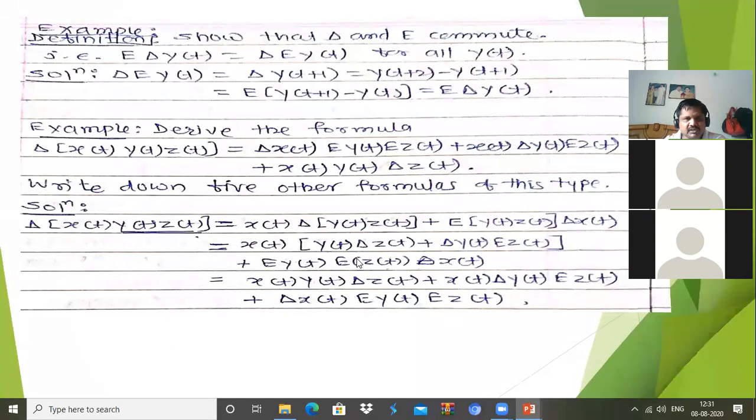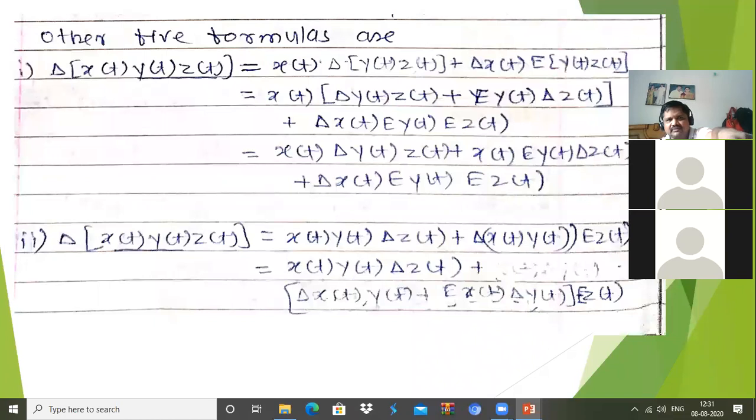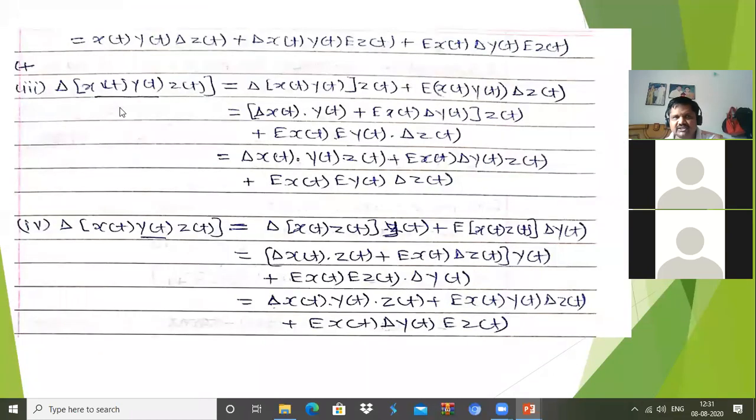Okay. The next formula is delta of xt yt zt. By taking xt into yt as same, we derived a separate formula for that. Then later, xt into yt as the first group and zt as the second group; for this we have 2 formulae. Then xt into yt as the first group and zt as one more group; for that also 2 formulae. And lastly, xt into zt we have taken as a group, and yt has been taken as a separator, and we will get 2 formulas for this.